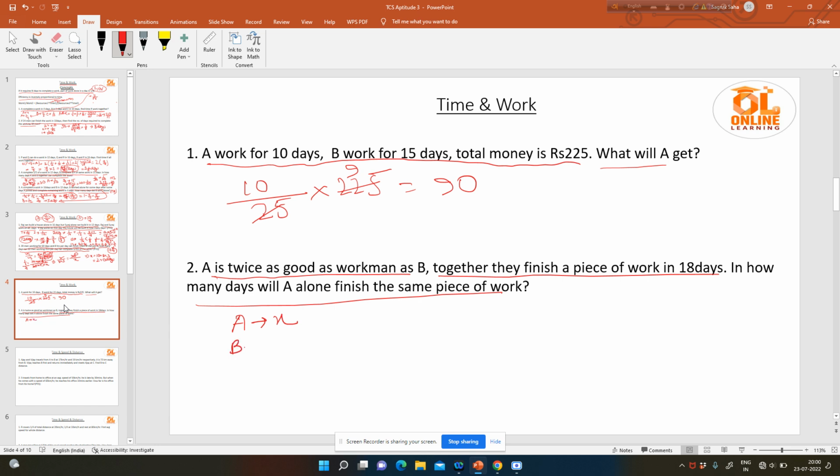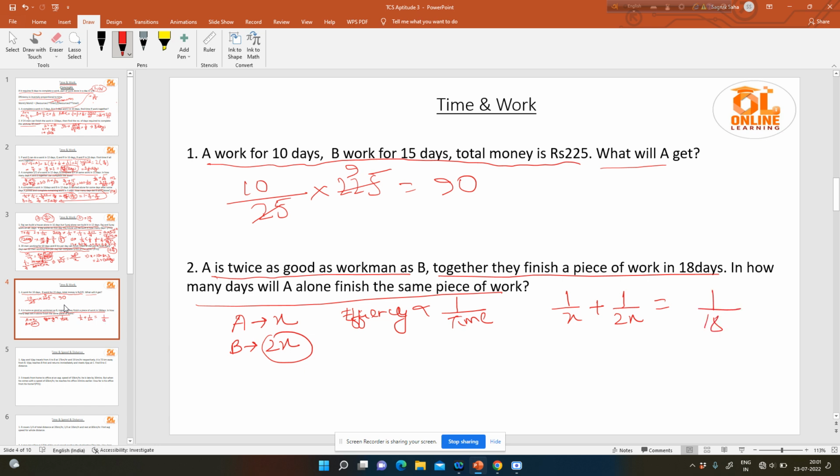So B would complete the work in 2x days, because we know efficiency is inversely proportional to time. As A is twice as good a workman as B, B would be taking 2 times more days to complete the work. Okay, so A's 1 day work will be 1 by x, B's 1 day work will be 2 by x, and that would be equal to